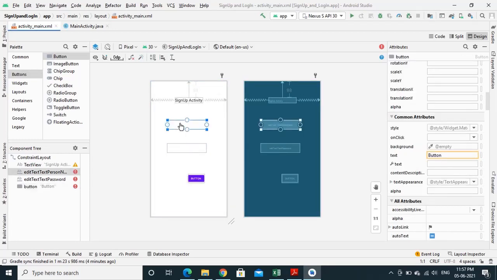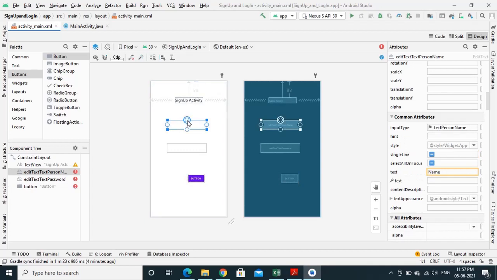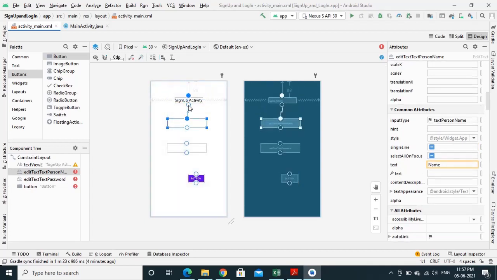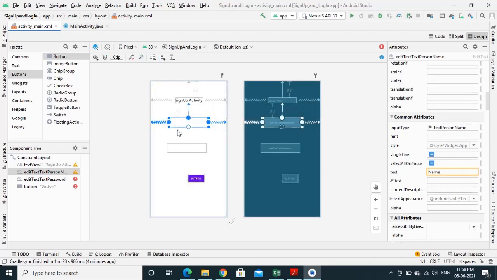Now add all the constraints. We add the constraint to the upper widget or component. Add the left and right constraint to the main layout or parent layout.